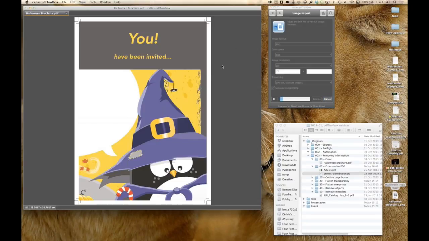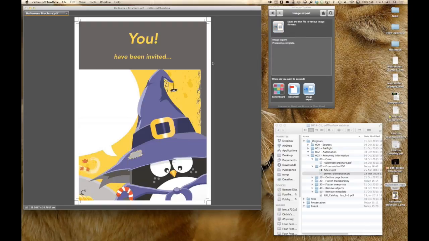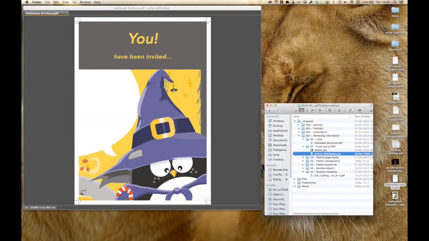If I execute that, PDF Toolbox is going to run through the document, and it's going to generate a PNG image for each page that I have in my original PDF file. In some of the integrations that I've seen, this is used to either generate a preview image, a larger preview image in a web portal, or it's used to generate a thumbnail somewhere on a website to show a quick preview of a file. If I look at that,